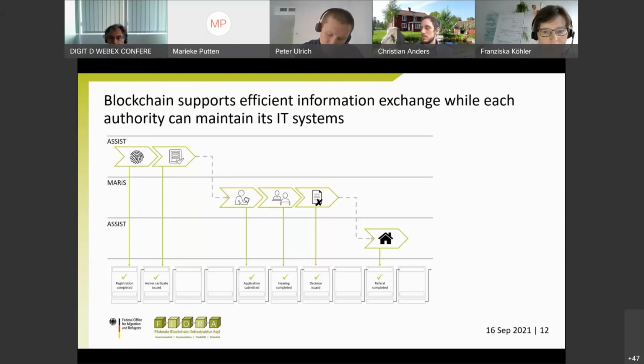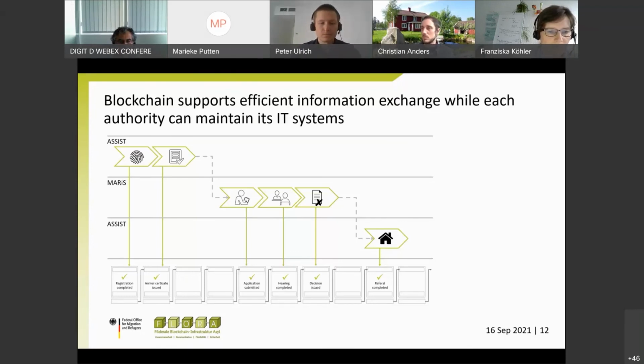And here you see the interplay between certain systems. Here's an example of two authorities working together. It's the example of Dresden and BAMF. So the local authority in Dresden has the assist system, which is the system of Saxony in Dresden. And so you have the first two process steps, for example, for the registration part. And the system would write certain information to the blockchain, as you can see. And then the responsibility goes over